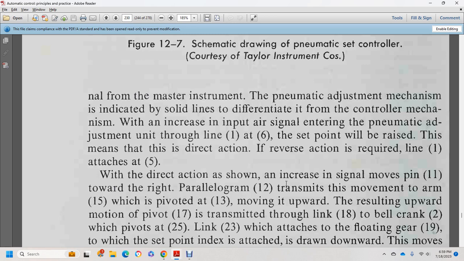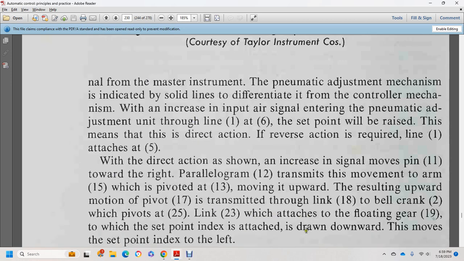Direct section shown with the increase with the single pin on the left and the restore with the right parallelogram 12. With the transit move with the arm 15, your pivot on 13 moves with the upward motion on pivot, and 17 transmits with the real link 18 with the bell crank, with the 2 pivots with the 25 link 23 attached with the flow gear 19, which